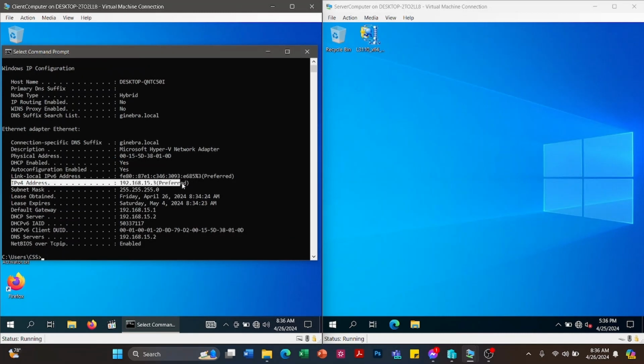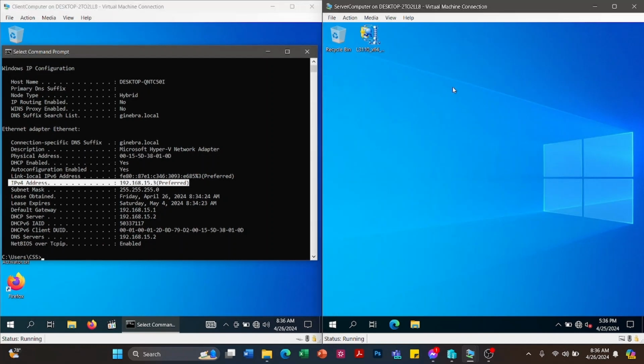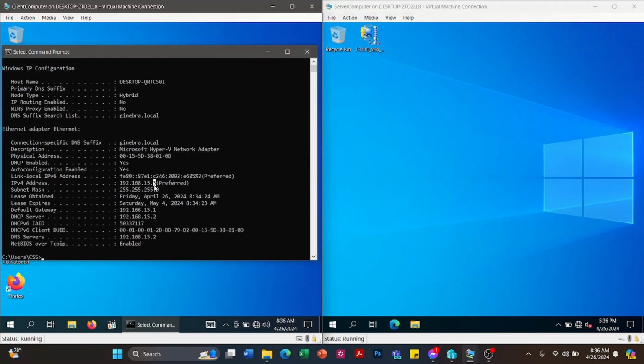Okay, so it aligned to the DHCP range settings of the IP address we have configured in DHCP, which is 15.2 until 15.200. So it is aligned. The next one is the default gateway.